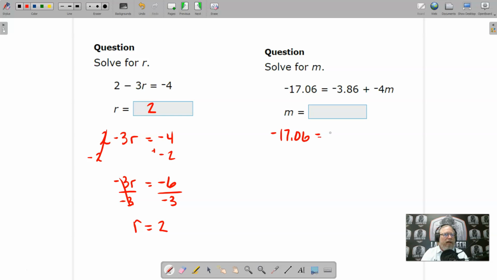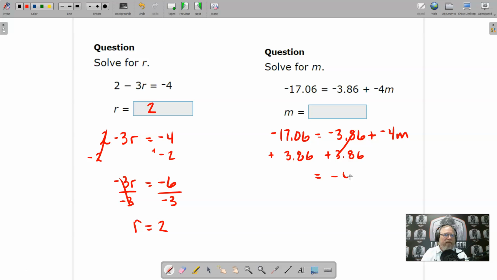On the next one, I have negative 17.06 equals negative 3.86 plus negative 4m. Probably putting these in because we're going to be dividing by these negatives. So let's see. This is a negative 3.86, so let's add 3.86 to each side. So I'm going to add 3.86 to each side. The 3.86s on the right are going to cancel each other,